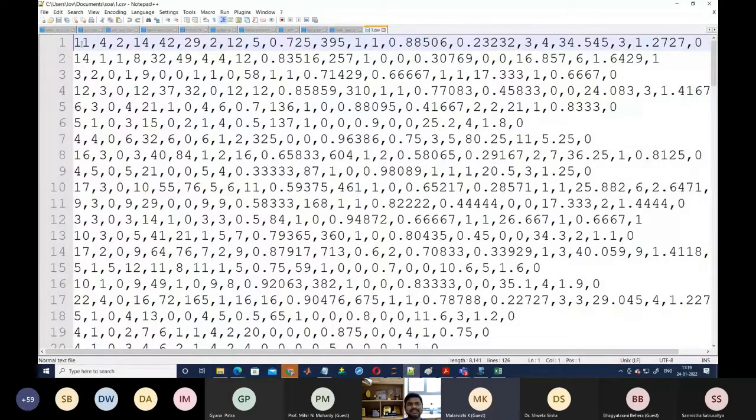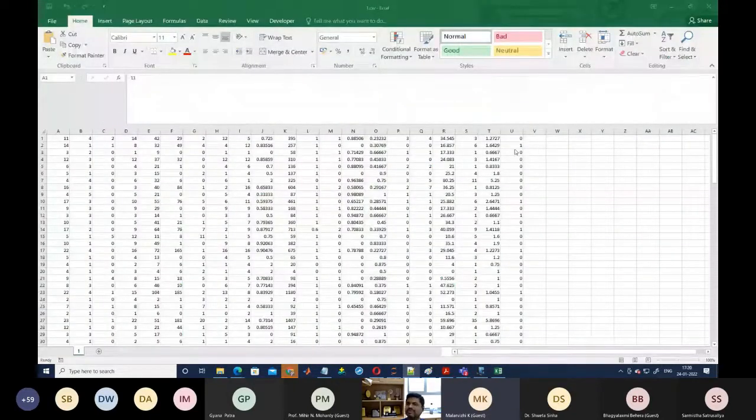Now you can consider these as some features related to the student, and the last column represents whether the student is getting the dream job or not. A dream job means the company is giving a package of more than 10 lakhs. Here 0 means the student is not getting the dream job, and 1 means the student is getting the dream job. These are features related to the student.